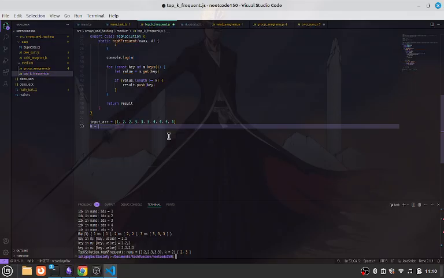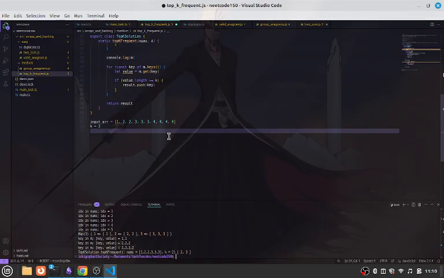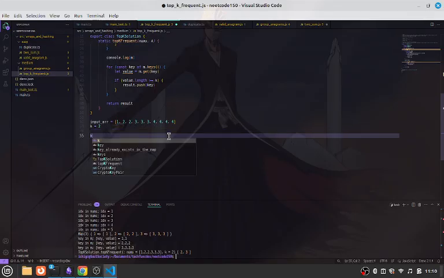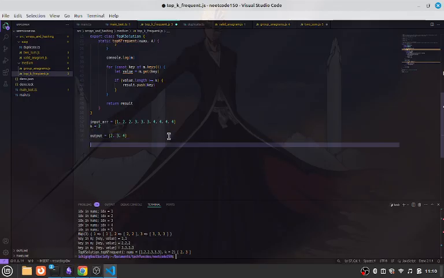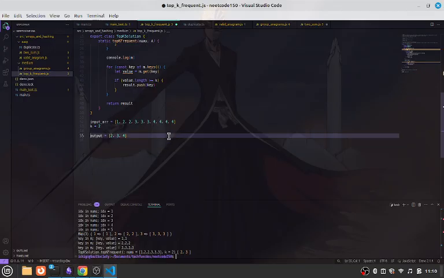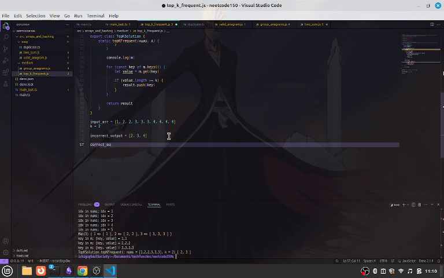And then k equals 2. In this case, the way that I wrote the algorithm before, the output would be 2, 3, 4. But based on this latest hint, the correct output should be 3 and 4. A max of k elements should be included